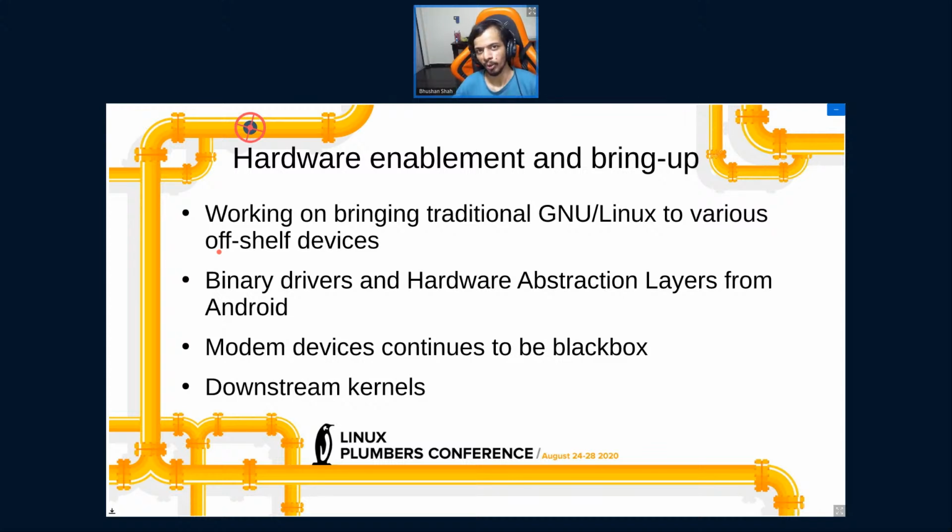Also, for a phone, of course, you need calling functionality or SMS, so for that you need a modem. And newer, modern devices still continue to be black boxes.